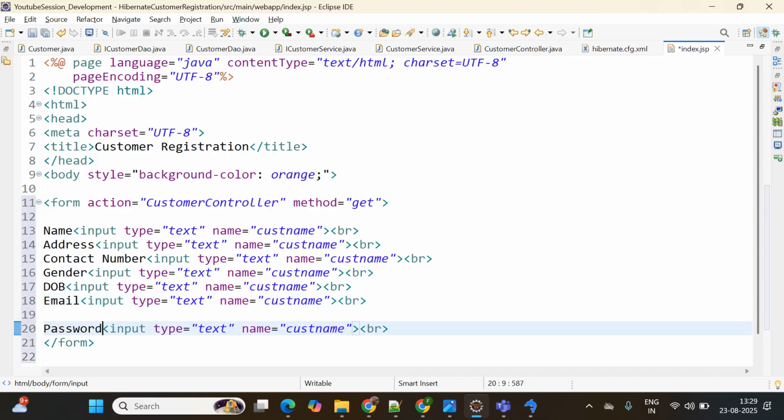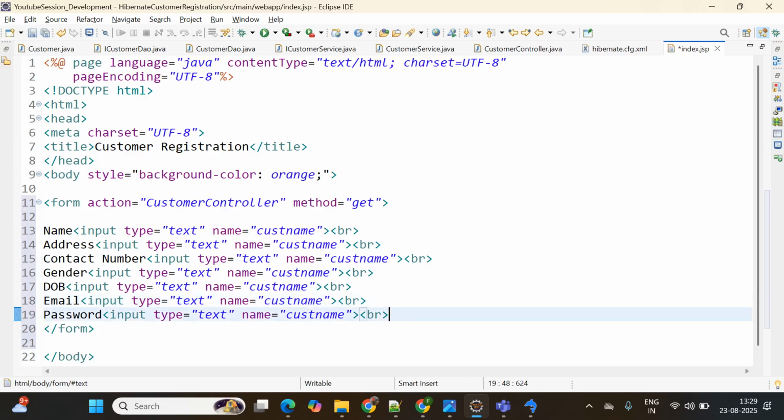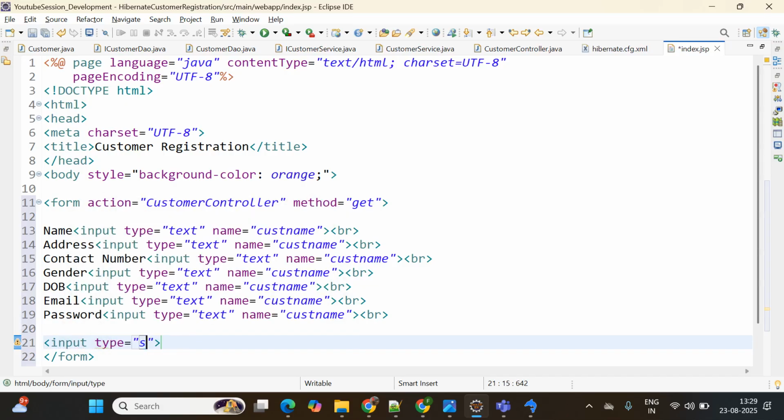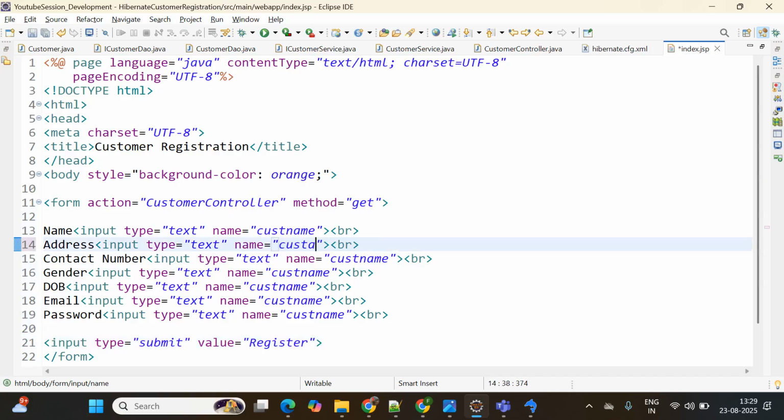And as per business requirement, we are going to create the button as well. This is, you can simply say, input type equal to submit. I am giving here submit, and the value I want to say will be register. Then address perspective, we are giving customer address. I am giving lowercase because in the controller also request.getParameter is lowercase only. This will be contact number. Next is gender. You can simply say this will be cust gender, but gender you can simply consider as a